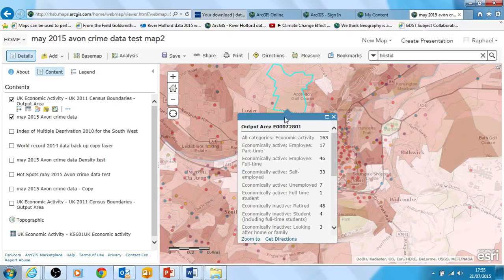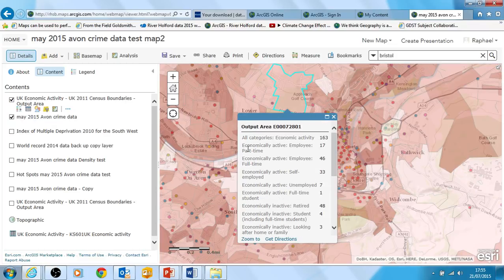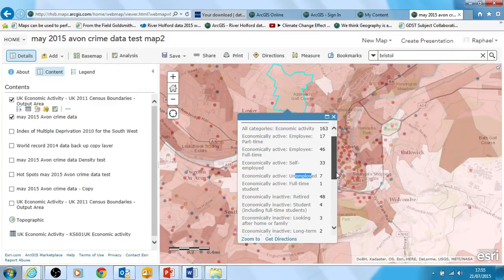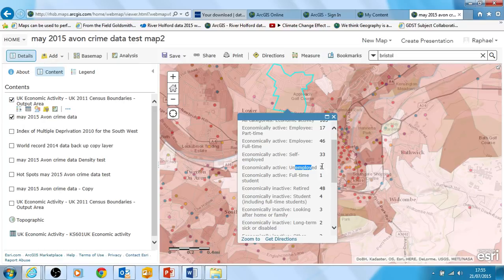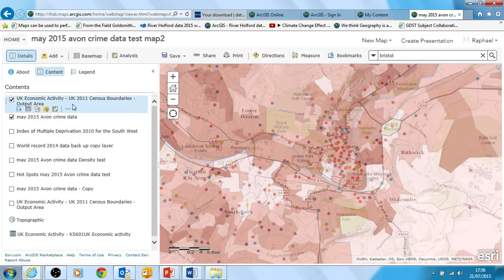It's got a border. You can see I picked here an output area for the UK. It's got designations like whether there's part-time or full-time people working in that area, unemployed and so on in that area. These are percentages, by the way, so it's not very clear from here, but they are actually percentages. So let's say I said, well, I'd be interested to see if unemployment correlates with high levels of crime, or at least certain types of crime, like I say, if I filter down to a particular aspect, antisocial behaviour or